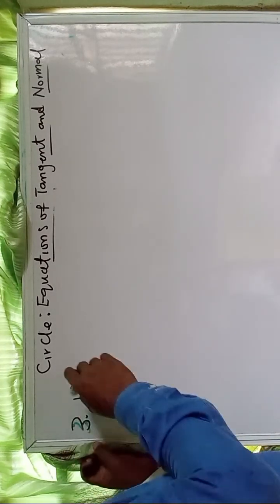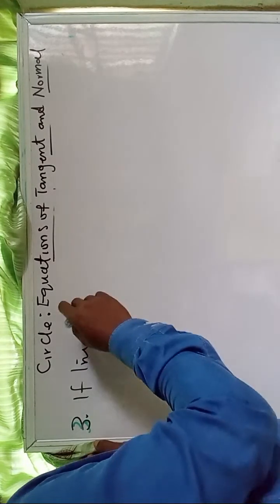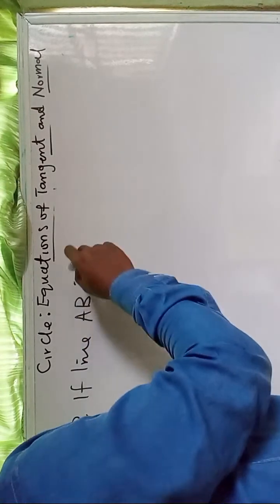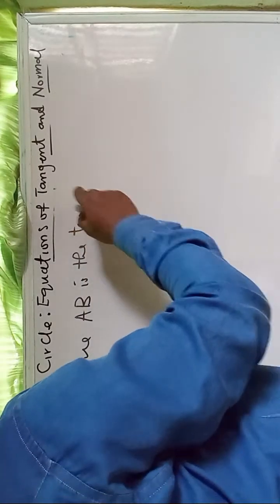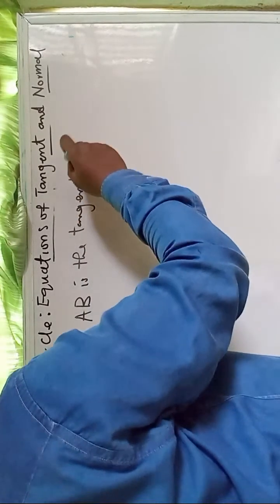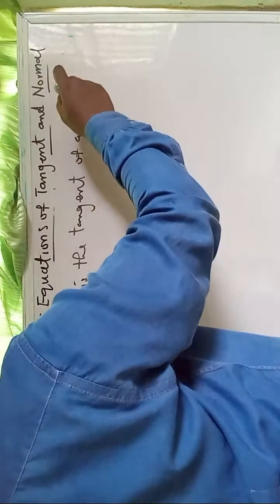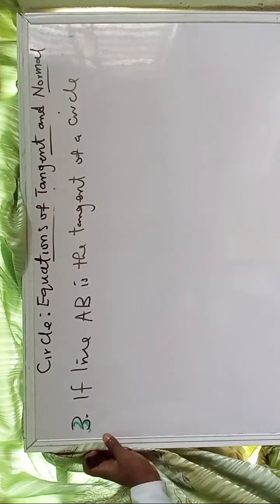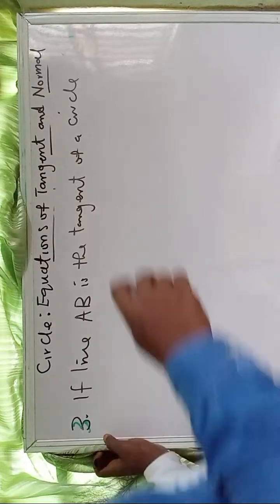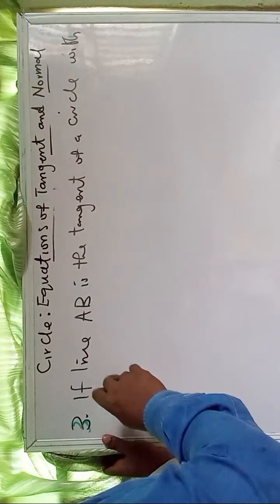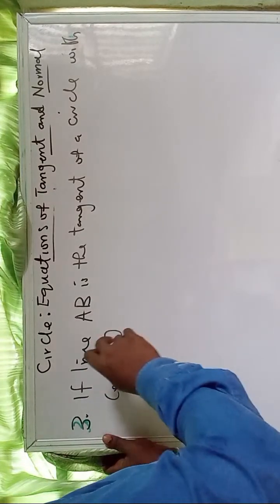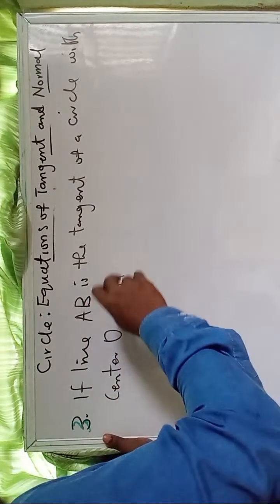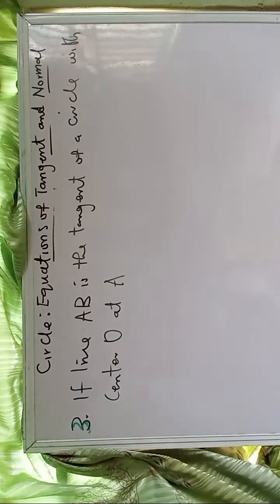So if line AB is the tangent of a circle with center O at A,